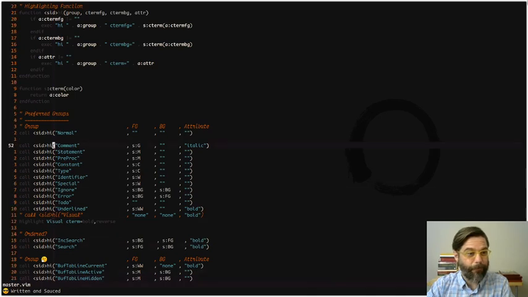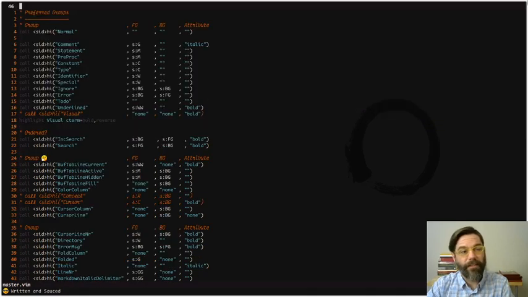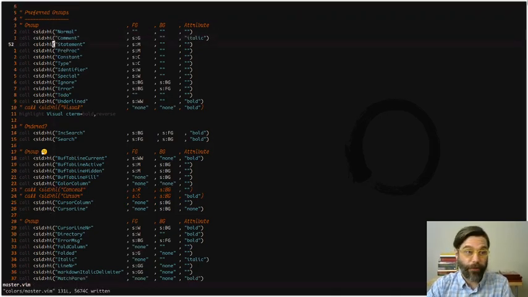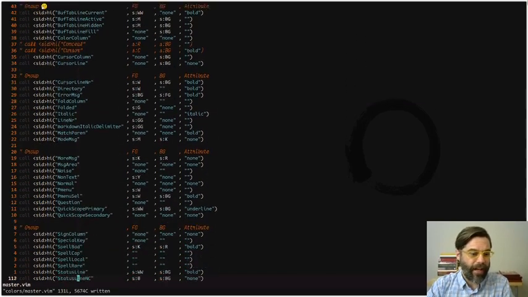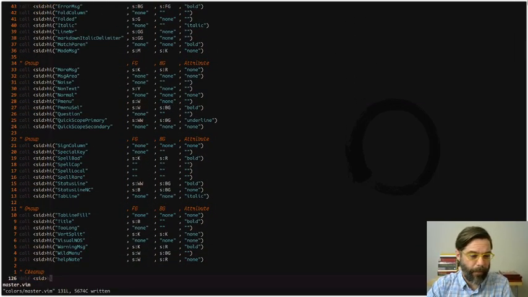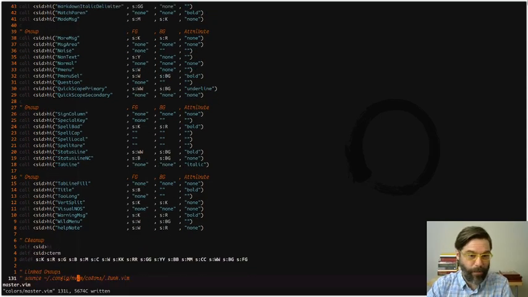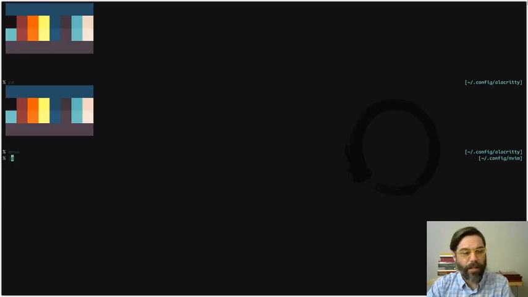Down here I have the, so here, preferred groups. These are the groups that Vim looks for first. They're kind of like super groups. So there's a lot of stuff linked to like constant, for instance. I'm pretty sure, I don't know. I don't remember at all, but like strings or something. Like strings are not in here, but I have strings highlighted. Down here I have other groups that I want to mess with. I just change what I want, but I don't mess with this file a whole lot because the way it's set up to work doesn't use